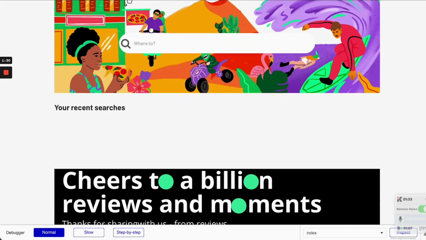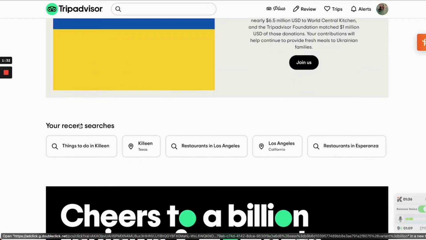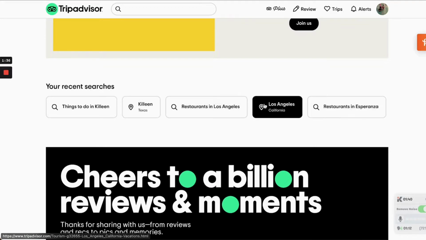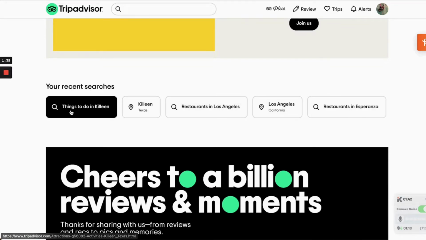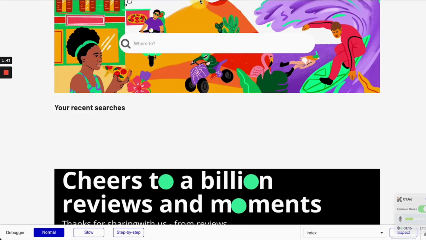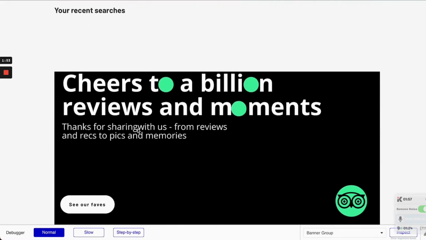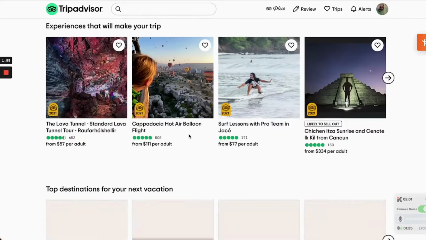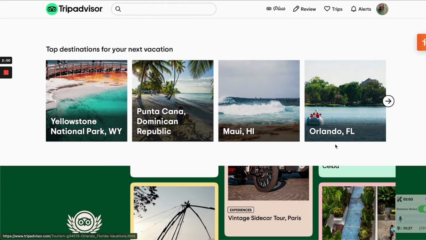Here are the recent searches. Users would be able to see some of their recent search queries that they have inputted into the system before. And this is something that we haven't finished building, but the UI is already done. All I have to do is make sure that the functionality and the workflows are there. Now, with that being said, we're going to be building this specific